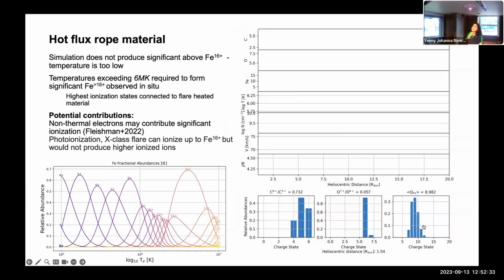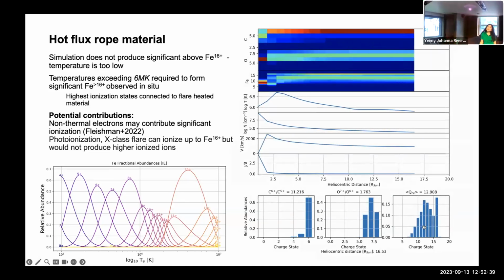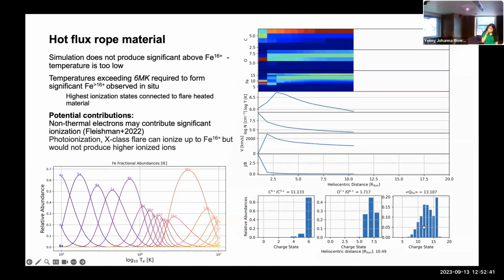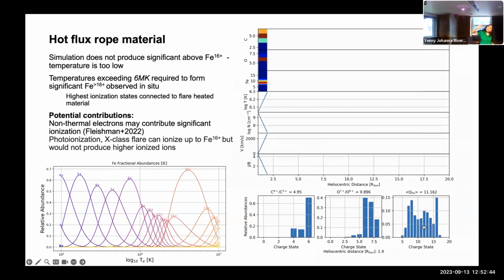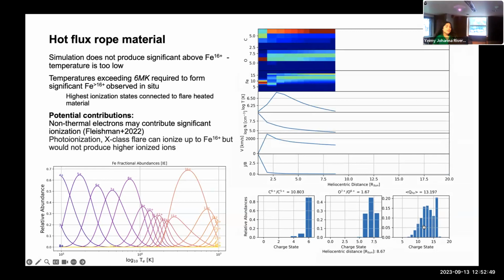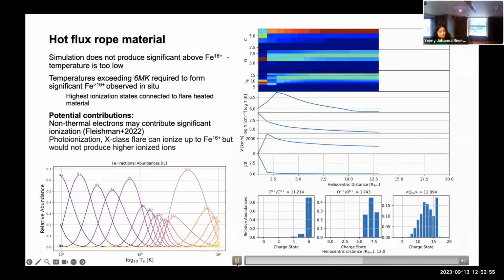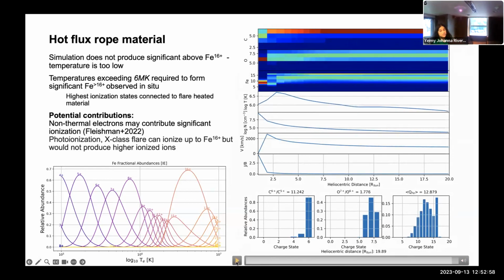Okay, so I'll jump into the second example. I'll just run this one because I have 3 minutes to go. In this case, we see in a similar way plasma starting off really cool, fairly tenuous, very coronal-like, that's heated up and then has less time to recombine, generally giving us an average charge state of iron that's roughly about 13. If you remember, the average iron charge state we saw was around 16.